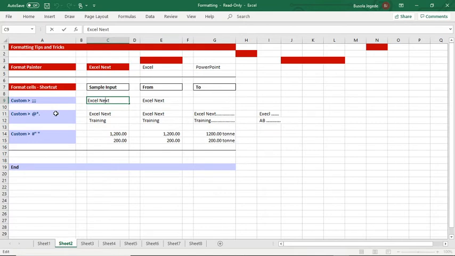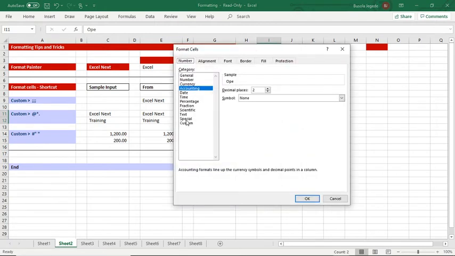Okay, now let's move on to the next custom format. Now this format is talking about self-adjusting dots. So if I want there to be a dot to the end of a certain cell, this is how I would do it. Let's say I have ABC, and I want to apply self-adjusting dots to these cells. I can highlight them, bring up the format cell dialog box, Control 1, come over to custom,